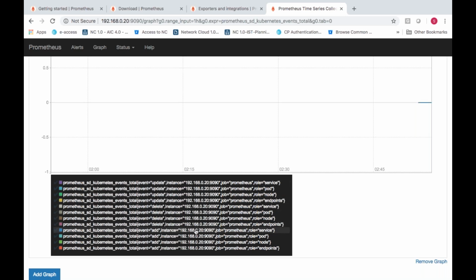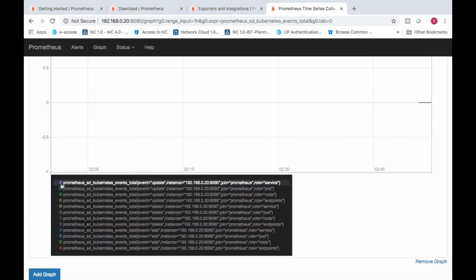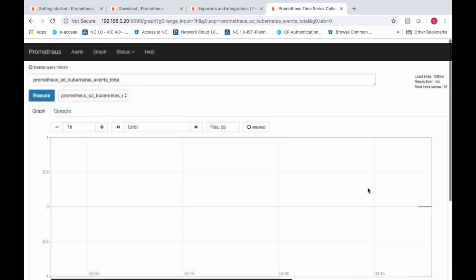We have three different types: update, delete, and add. For all of these there is a color differentiation. You can see it is a pink color. Since the value is zero, that's the reason it is showing you in this particular line. This is the graph which I'm trying to show.